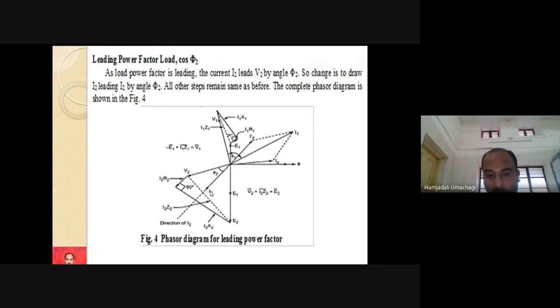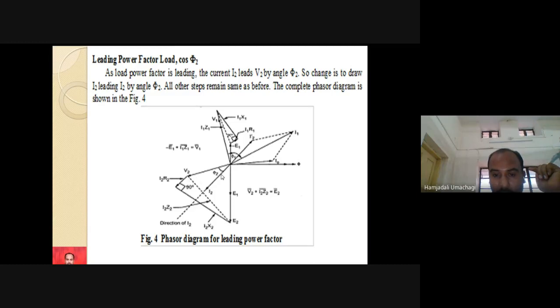So we have to shift these phasors only, that is I2 and V2. Almost all your upper portion will remain the same. Only the diagram will change at the bottom side, which means where you are connecting the load. So assume V2 in one particular direction and the connected load is capacitive in nature. For a capacitive load, current always leads the voltage. So current will be forward and voltage will be backward.